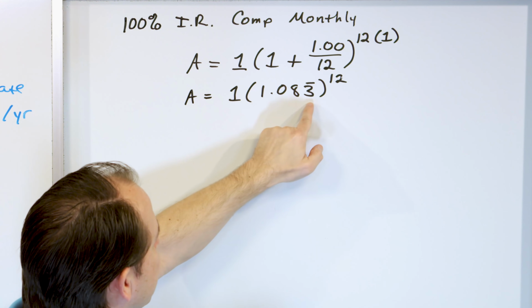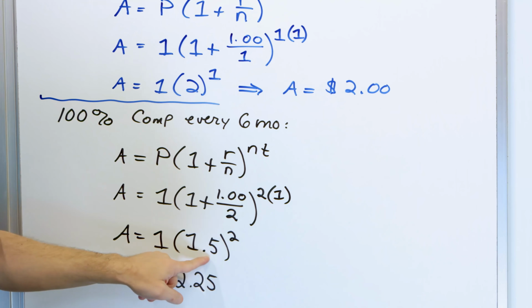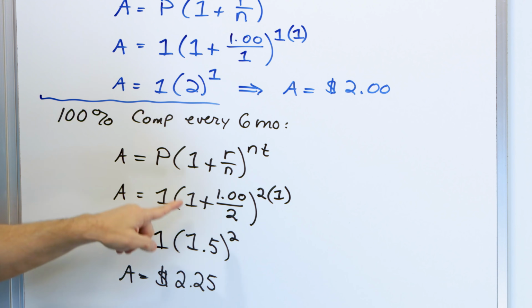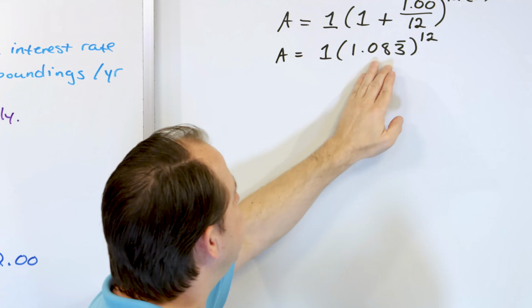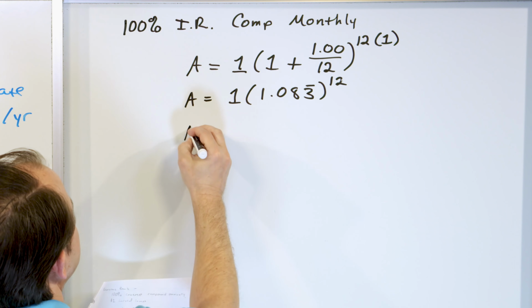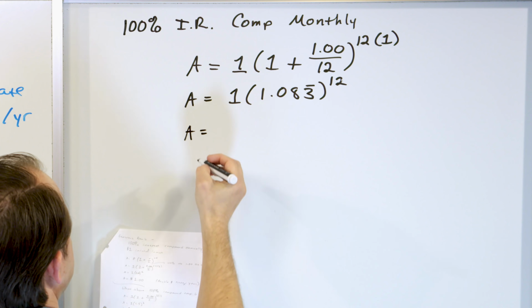That's what compounding means. I take the annual rate, I cut it into however many compounding periods I have, I cut it into a smaller number, and I give you that amount of interest throughout the year. That's what compounding is doing. This smaller rate is smaller than this one, which is smaller than this one because I had 2 right here, right? So I'm basically chopping the rate into a smaller piece, but I'm giving it to you more often. So what happens whenever I go through this is I get